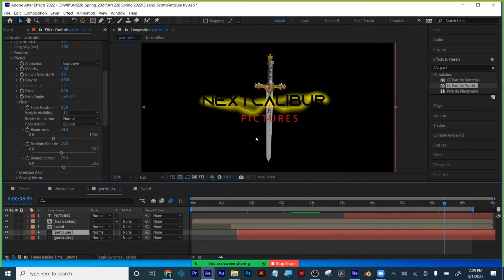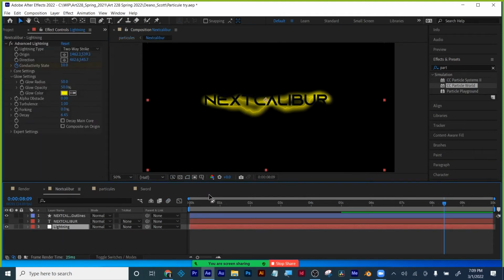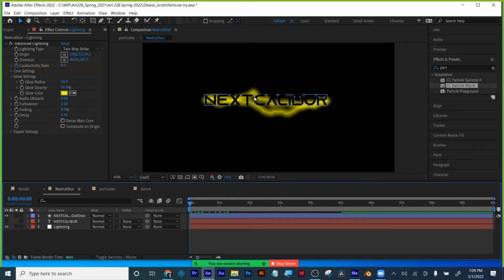Okay, now, for this text here, you could use Saber, or if you're using the advanced Lightning, it'll really kick it up a notch. Yeah, I did that before I downloaded it. Okay, all right. So if you're doing Saber, awesome, but this is just for anyone else out there. When you're doing lightning effects, lightning or electrical arcs should only be seen for a couple frames. So, like, I would cut this a couple times,